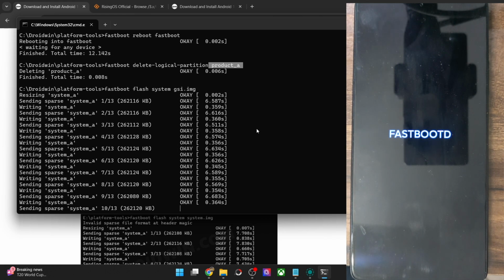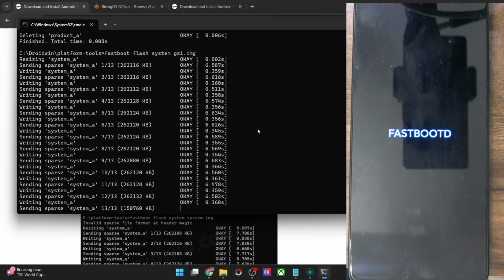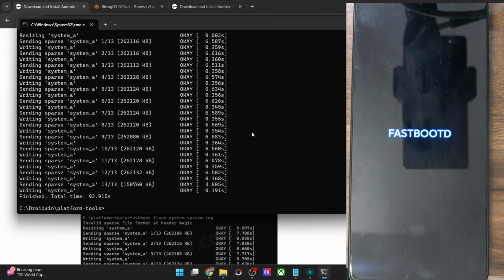Apart from that, always use the vanilla non-GApps build, as it will be somewhat light in weight and it will have none of the Google apps, so it will be quite easier to flash because the system partition size might be smaller in your case, so that will rectify the issue. With that said, only a couple of files are left to be flashed, and this is the last file which will flash. And once the flashing has been done, you will now have to do a format data.